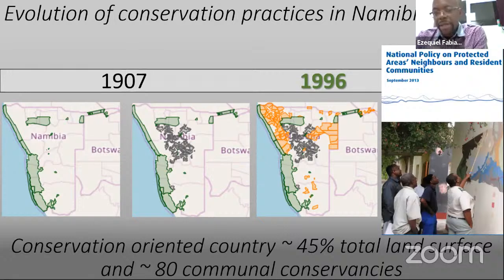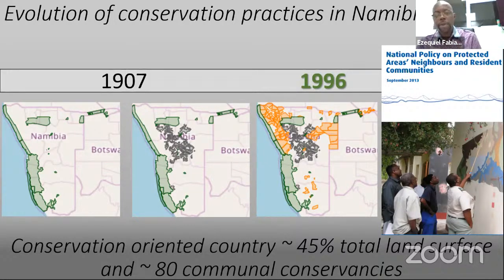One thing I should highlight is that in 1996, at the onset of the establishment of conservancies, many of these areas had either very low density of wildlife or no wildlife at all. So one of the initiatives that the government implemented was really the translocation of wildlife from protected areas into these communal conservancies, and then increase the natural base in the conservancies. And this leads then really to